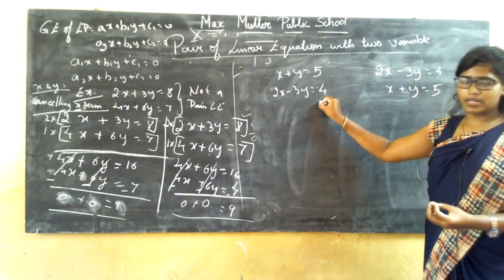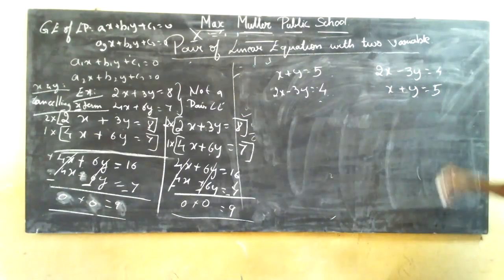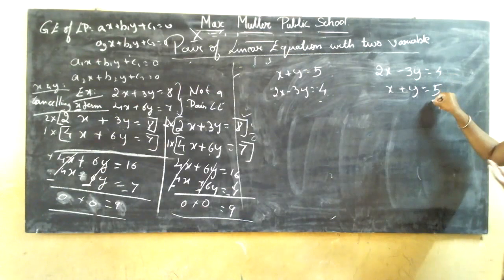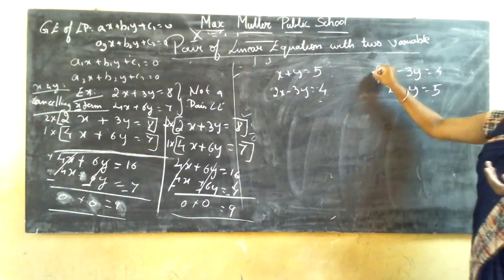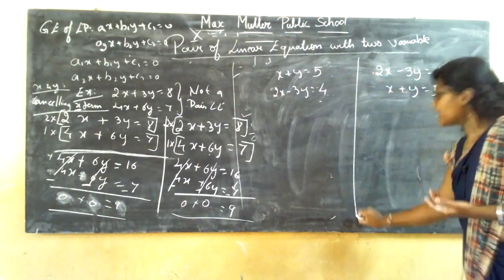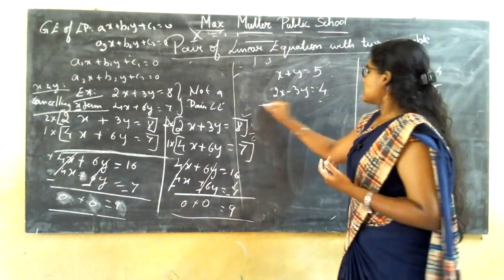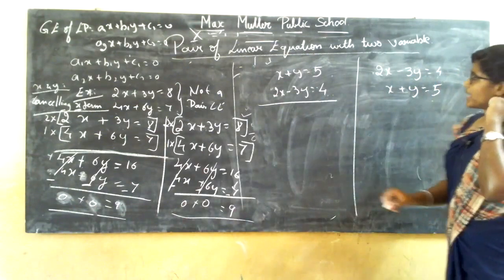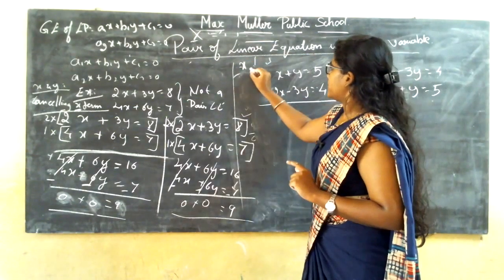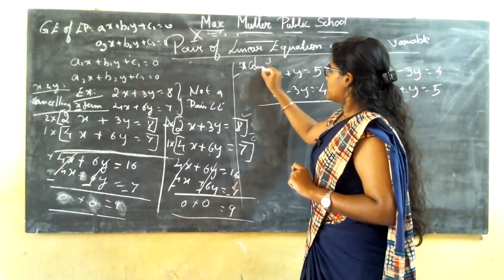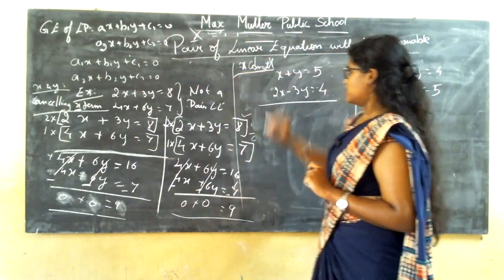However they have written it in the question paper, you can write it as it is. Or you can also mix and match. That is, the first equation can also be written as the second equation, and the second equation can also be written as the first equation. So let me do the sum in both the ways. Let me see what answer I get. Now, let me take this as the x cancellation method. X cancel. Now I need to cancel the x terms.